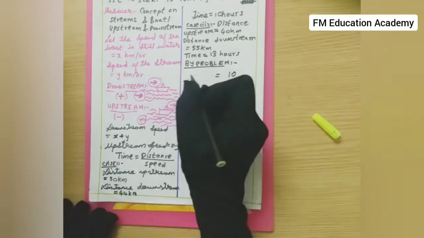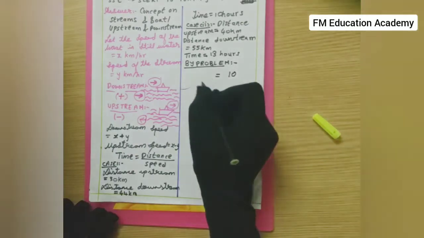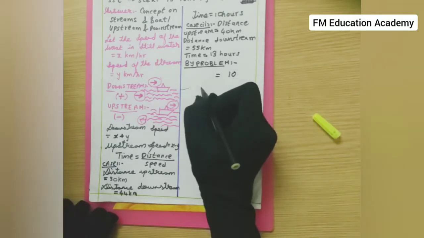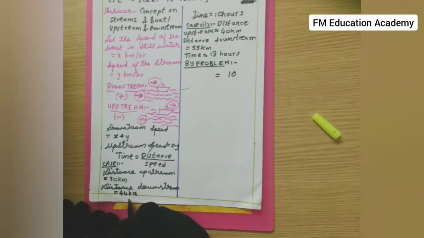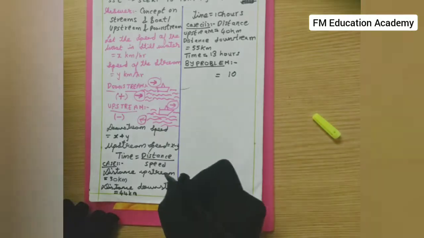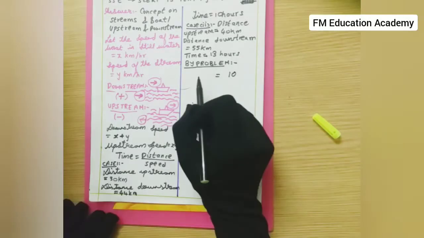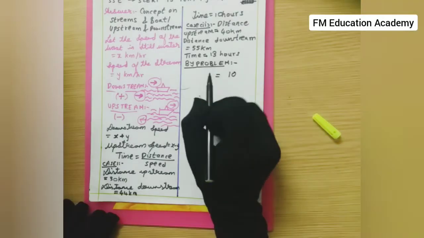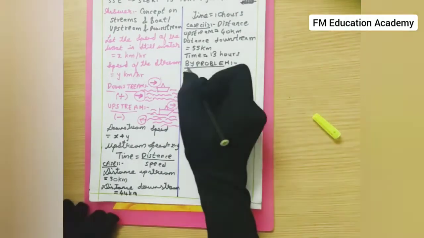Now, I need to add both the distances. So this is upstream distance and this is downstream distance. But I need time for upstream and time for downstream. What I am given is distance for upstream and distance for downstream. But as I am writing the equation in terms of time, I need time in upstream and time in downstream. Time upstream for both boat and stream plus time downstream for both boat and stream is 10 hours.